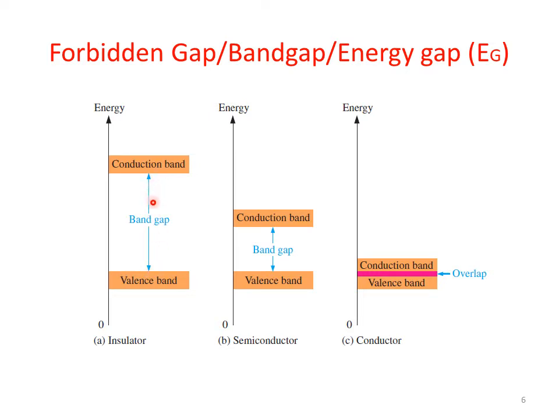This simply means that if I try to apply the voltage and expect that the insulator will start conduction, then it is not possible, because first of all I should provide energy to overcome the band gap difference between the valence and the conduction band. First of all, we need to apply this much amount of energy so that the electrons of the valence band jump to the conduction band, and then further energy should be applied for the current conduction.